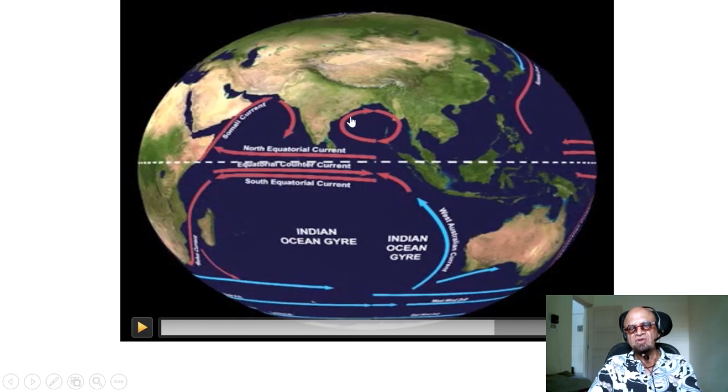Similarly, there is a western boundary current here and the eastern boundary current here, but you can see the Bay of Bengal has a little gyre, the Arabian Sea has a little gyre. The two oceans are connected by the north equatorial current. Actually, this is a little bit wrong, because when the southwesterly winds are there and the Somali current is going in this direction, there is a current actually going from west to east that is called the monsoon current, whereas